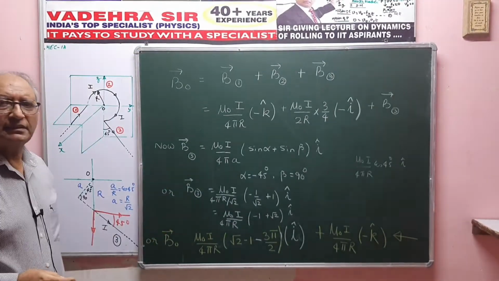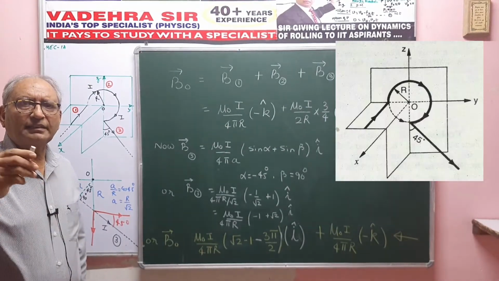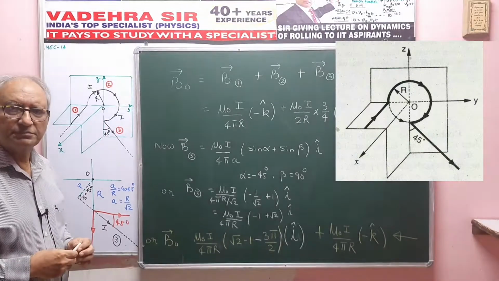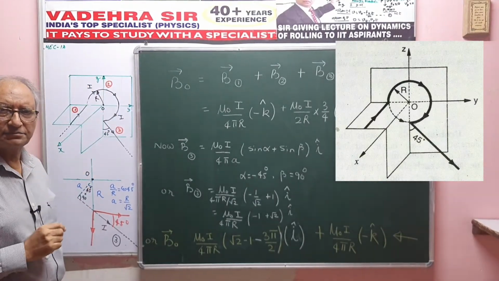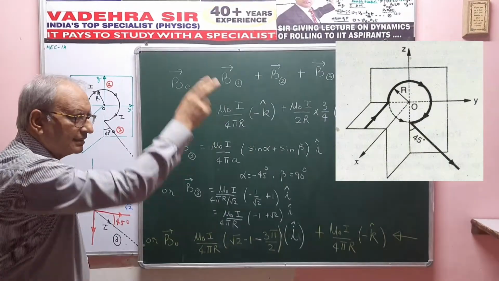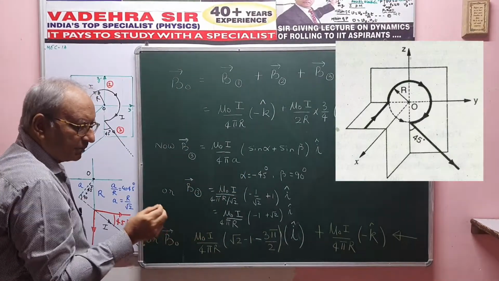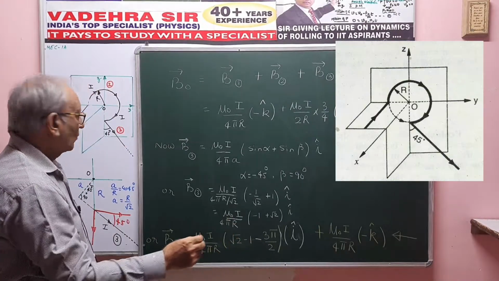The first element is a long wire carrying current I, and the current is flowing inwards, that is along minus I cap. Then it turns in a 3/4 of a circle of radius r, and then in the yz plane, now this was y, this was z, then in the yz plane it goes out at an angle making 45